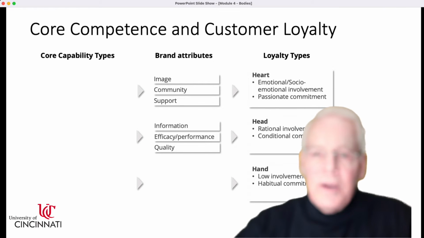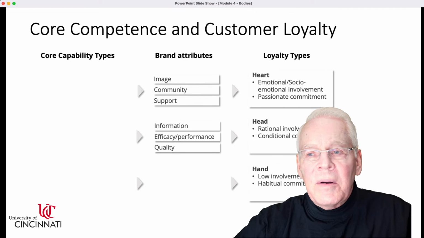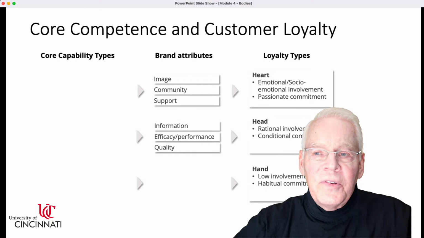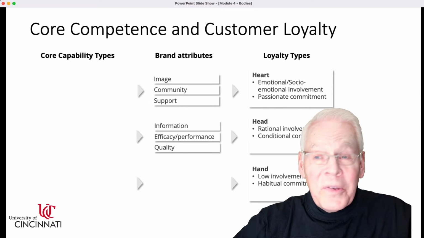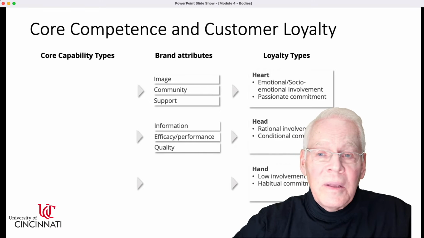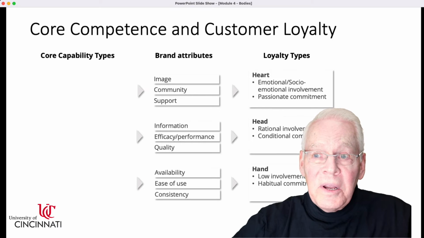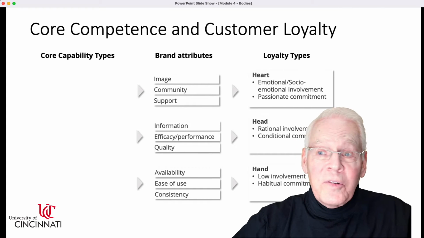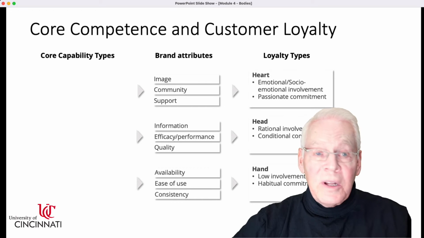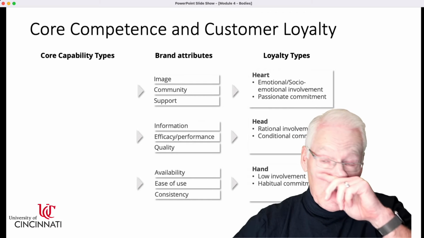Whereas the head loyal, is more around data and information. So the brand there has to be smart. It has to be able to provide data and information. It has to be able to give good data and examples of quality, testimonials and things like that. Whereas the hand loyal, that basically it's a brand that is all about convenience, availability. It's on the shelf. If a customer just wants to buy laundry detergent in that orange bottle because that's what they've always bought, it better be on the shelf when they go there, or they're going to switch over to